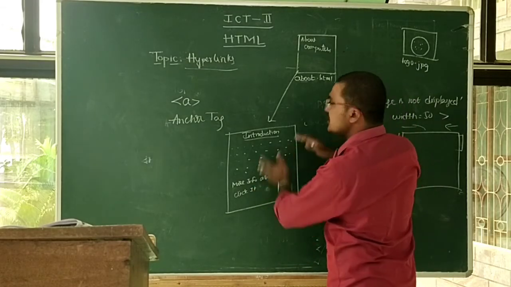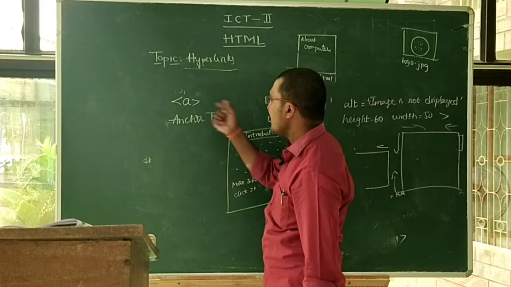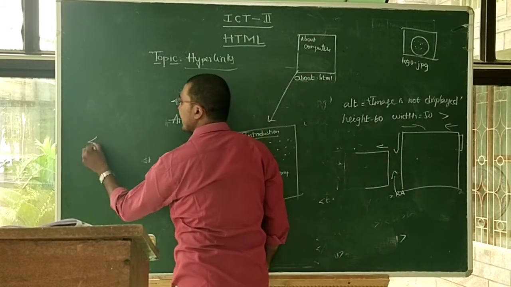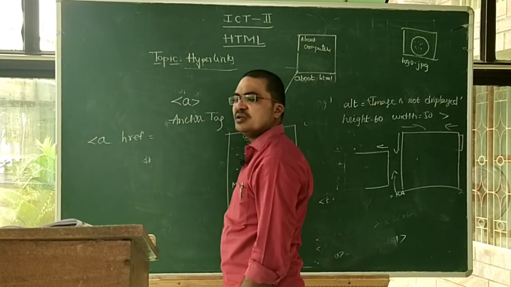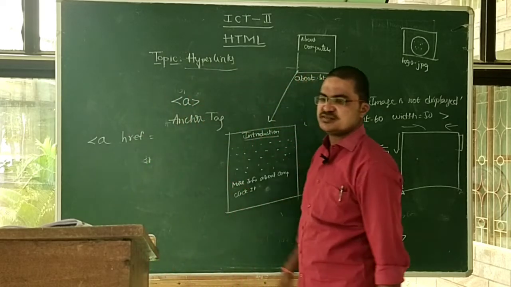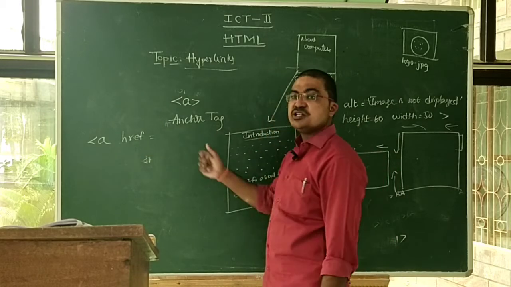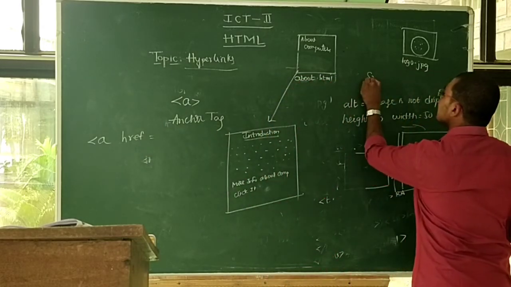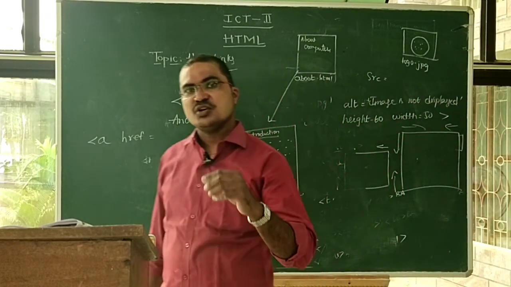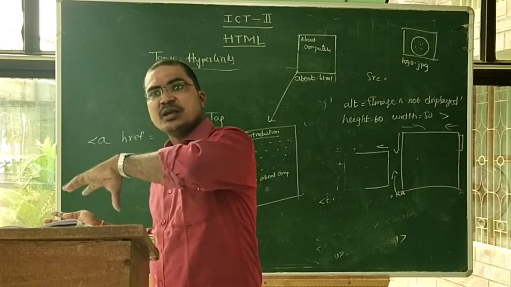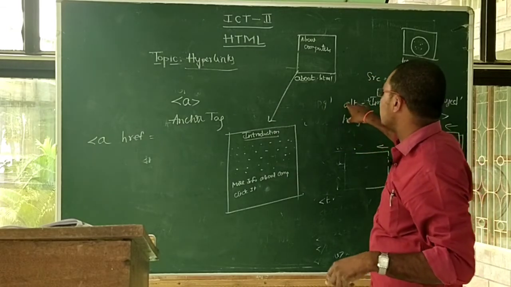Actually this page and this page are totally different, but we can link these two pages using the A tag. So how do we write the anchor tag? Using A, and we use the attribute called href, which stands for hypertext reference. So why use href? href is similar to src in the image tag. What is src doing? src is a source. Source means which particular image we can insert into your web page; the name of the image file is added in the src place, right?